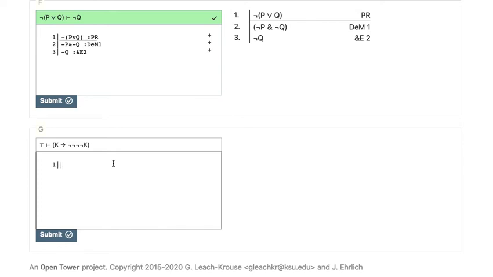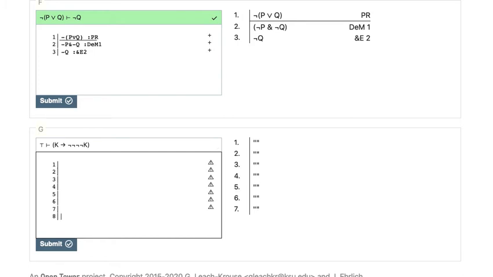So there's nothing to write on line 1. I'm just going to leave some space. I don't know when the proof is going to end, but I know that what needs to be on the last line is K arrow not K. And the question is, what could I do that would let me write that down as the last line